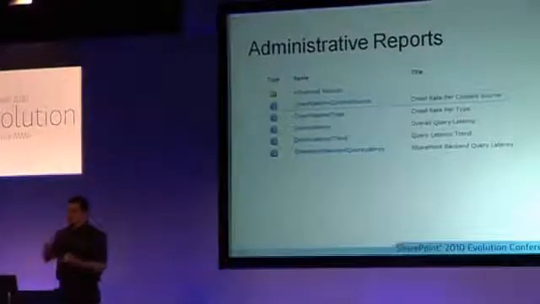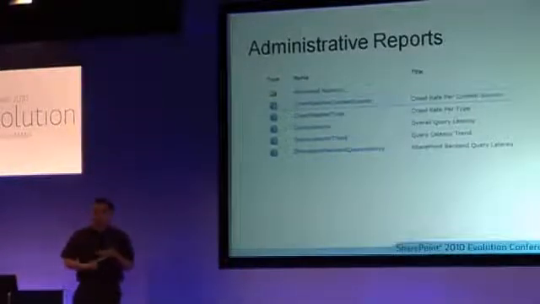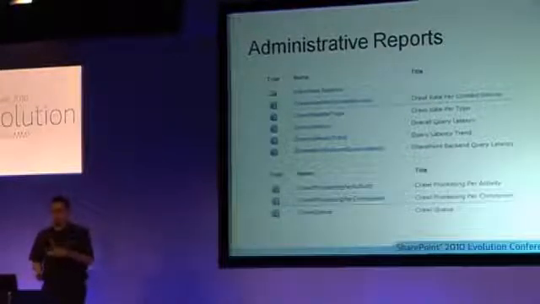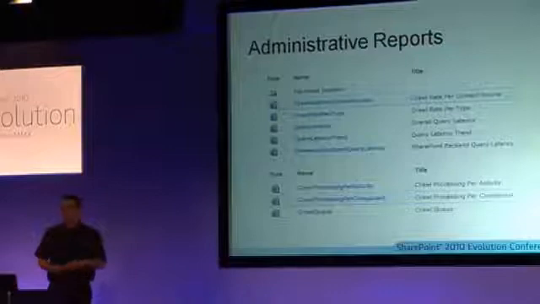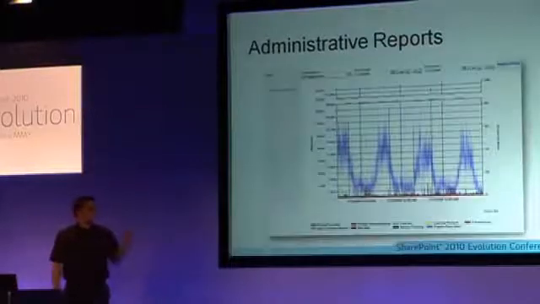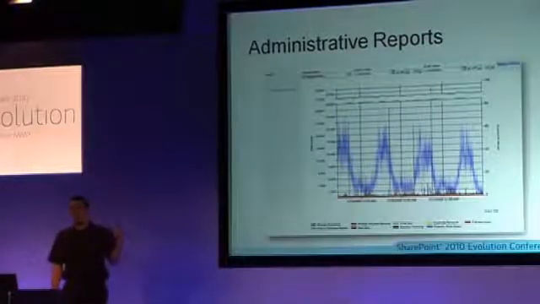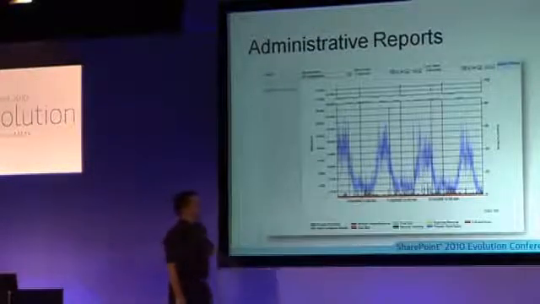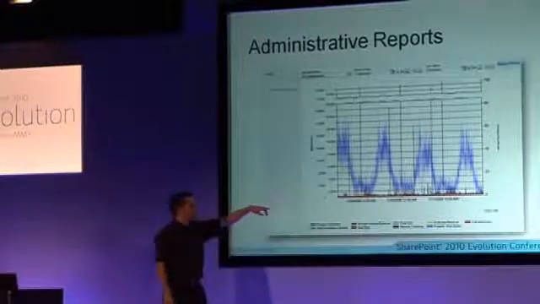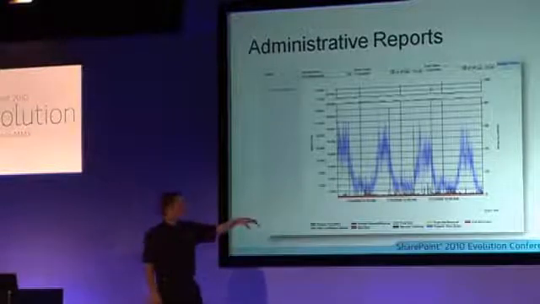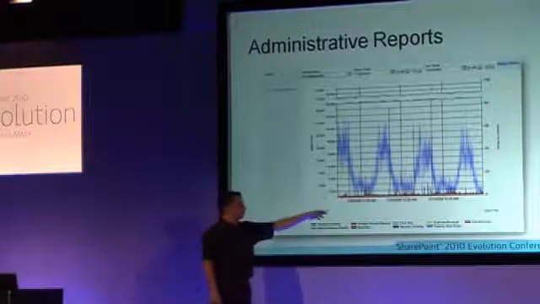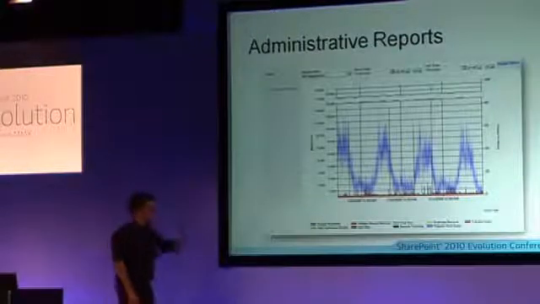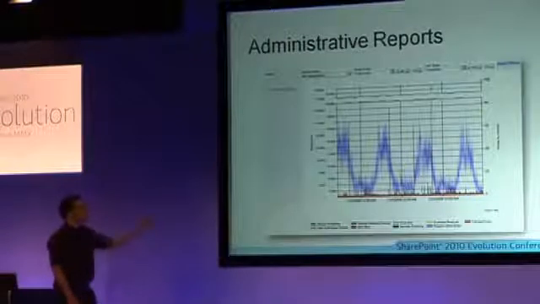So we get things like crawl rate per type and query latency. If we go into advanced reports, we get things like the crawl queue, processing per activity, and so on. We click on these reports and we get pretty impressive data, right? We're getting things out at this point like query latency in this case. When we're getting query latency issues, and this was actually a MSIT internal example, across 3 days here, we can see that we were getting spikes throughout the day,